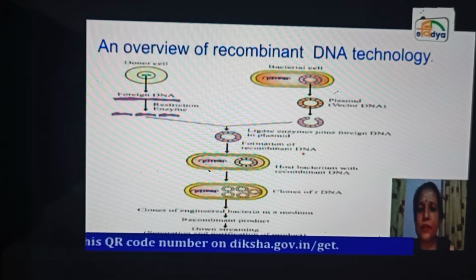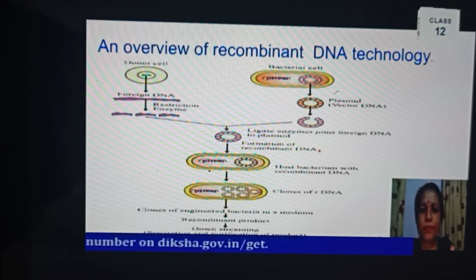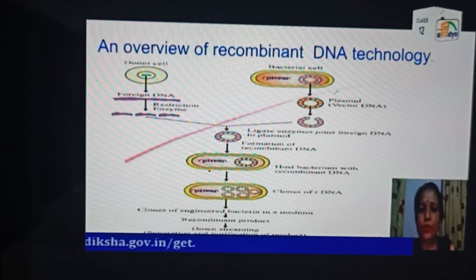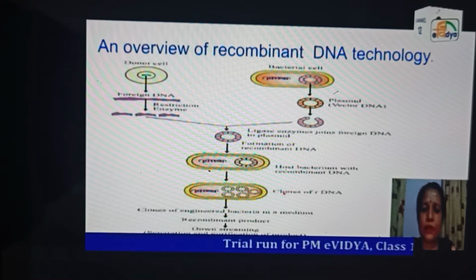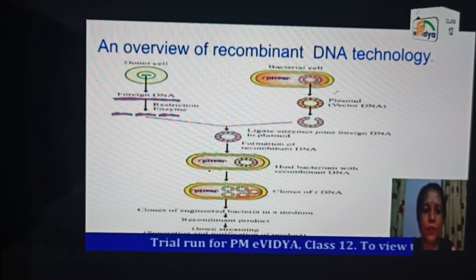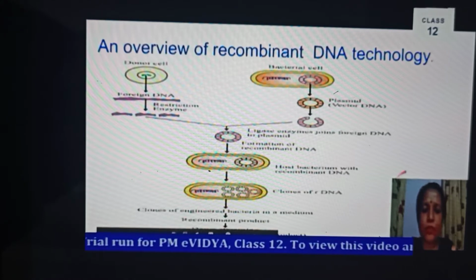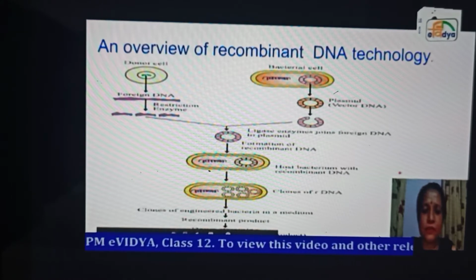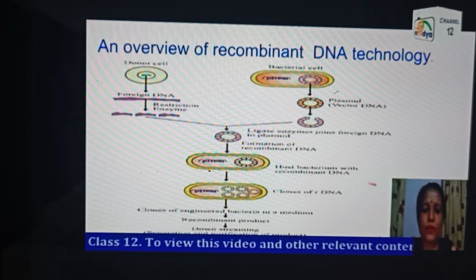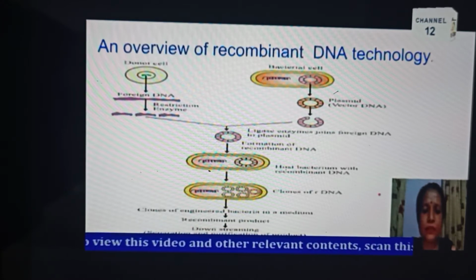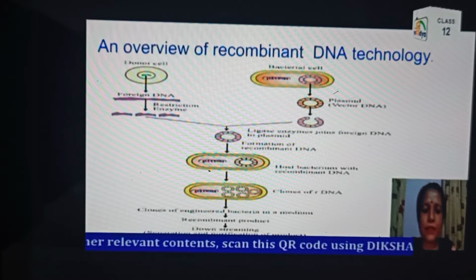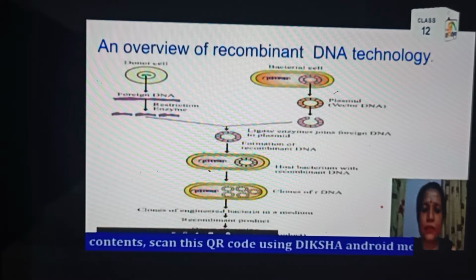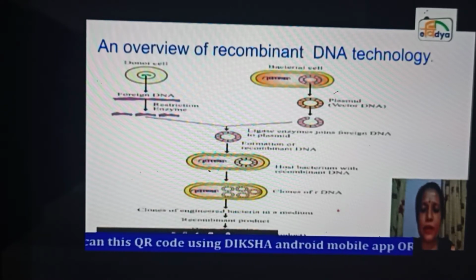It contains DNA of two different species. It will grow inside the host bacterium with recombinant DNA and form clones of recombinant DNA. So we will obtain several copies of our desired gene in the form of recombinant products. Then by a process of downstream processing, that is separation and purification of the product, we will finally obtain our product.